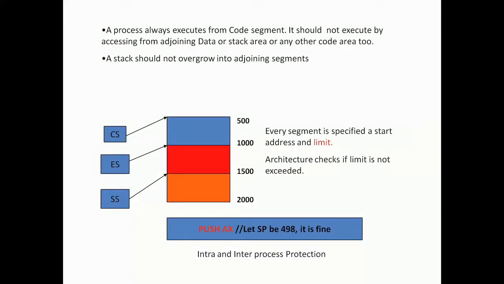When your stack pointer is at 498 and I push AX, it is fine, because that stack pointer will now go to 500, which is within the limit. But when I push EAX, then it is not fine, because it will go 498, 499, 500, 501, it will cross that, right. So, here in these two instructions what we see, the explicit register is not stored, the address is not stored, it is there in the stack pointer, followed. So, there is an implicit addressing that is happening.